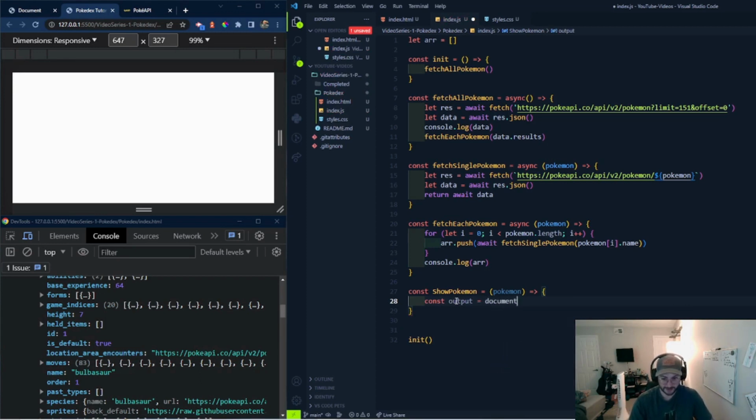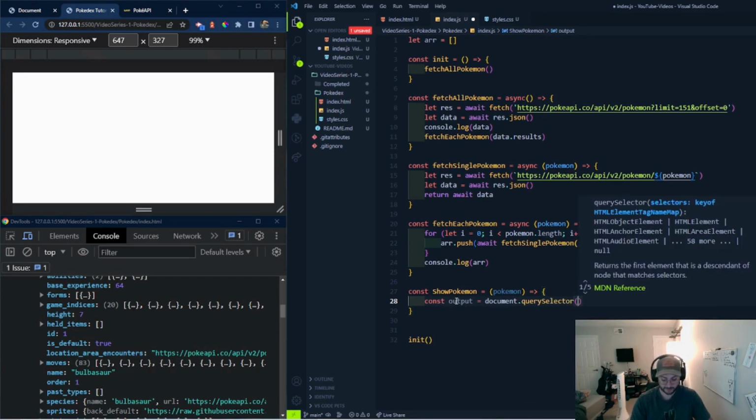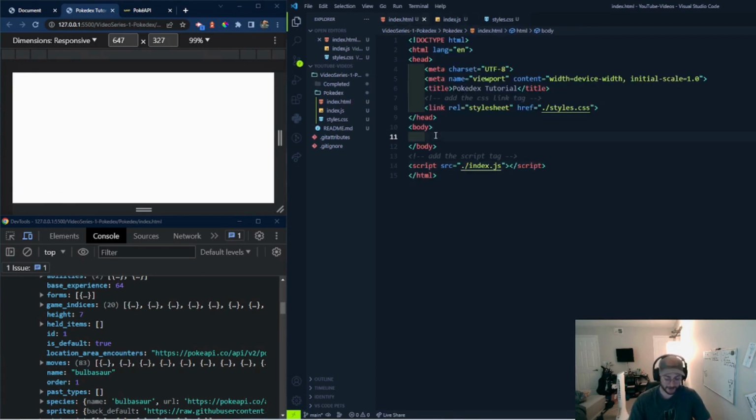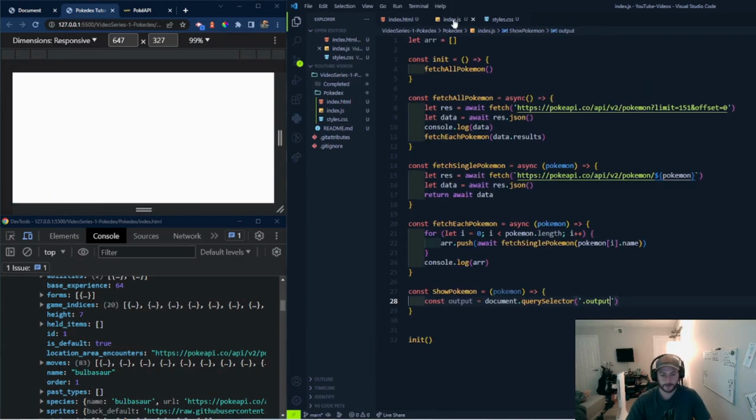So document.querySelector, and we're going to call this output. So we need to go to the index.html and create that section. Class is output. So we have the output,